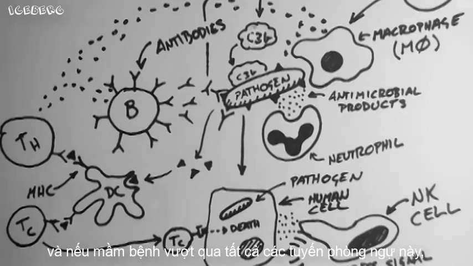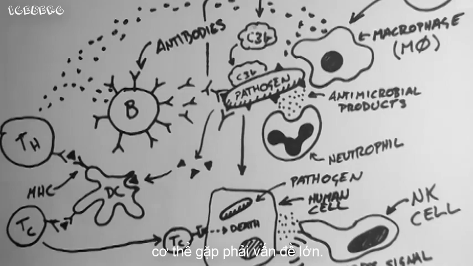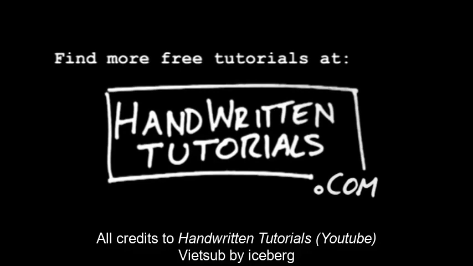If the pathogen gets past all these defenses, then the body is in real trouble. And that's an overview of the immune system. Keep in mind that this overview is very simplified and a lot more